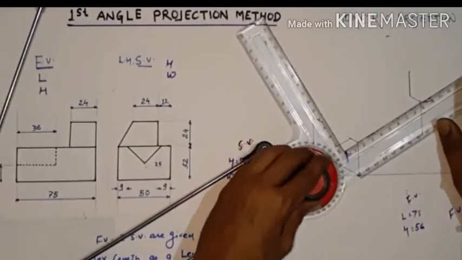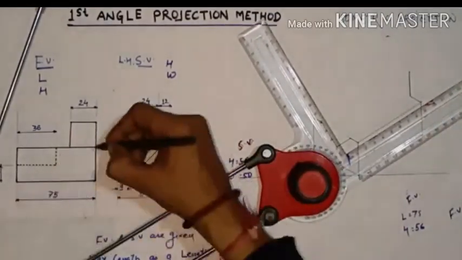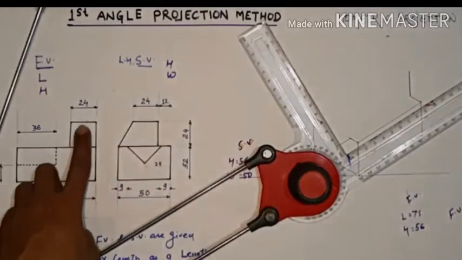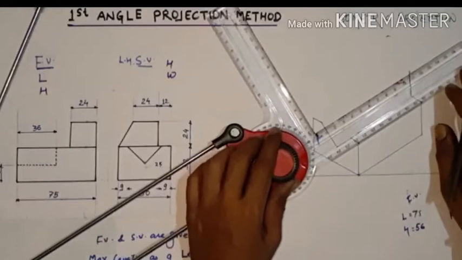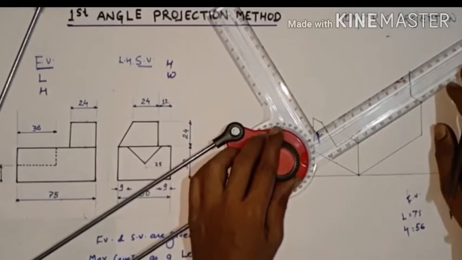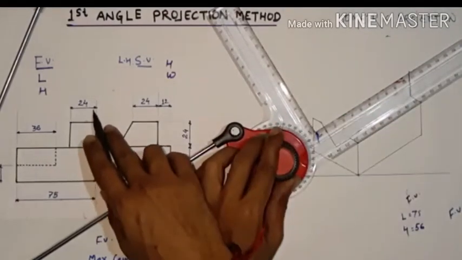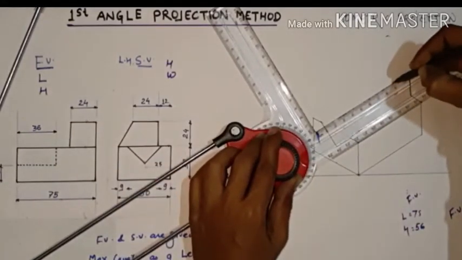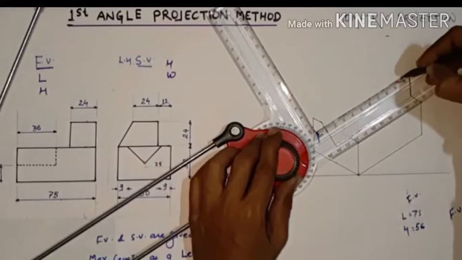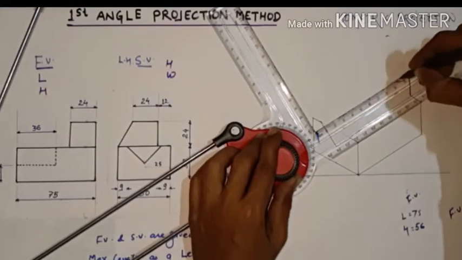So putting the MD parallel to it, because this is your front view. This line and this line are parallel, you can clearly see. So now I select the MD parallel to it. Now moving the dimension here, and now what do we draw? We just move back the dimension 24 mm. So from this side, this was 20 and this is 24, like this.